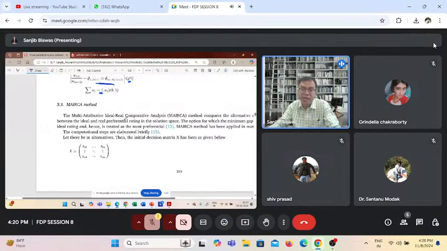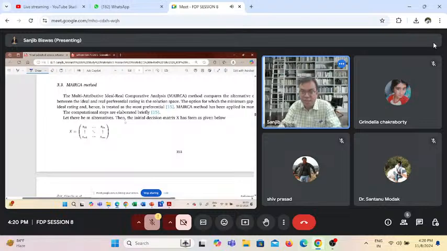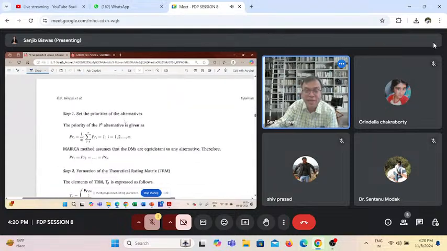This method, MICA, works on certain principles. As I said, this is a decision matrix with C1, C2, C3, Cn, and A1, A2, A3, Am. So it is an M cross N decision matrix. I form this decision matrix, and then the first stage is that this method sets the priority